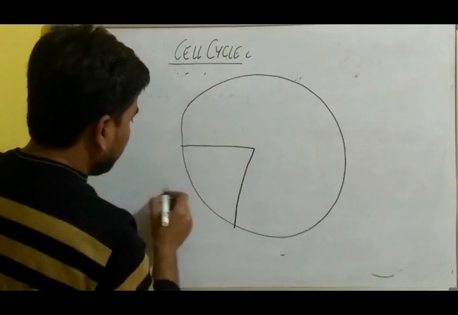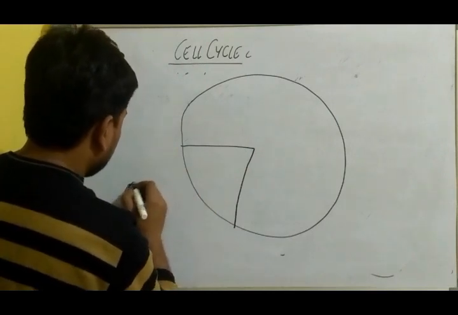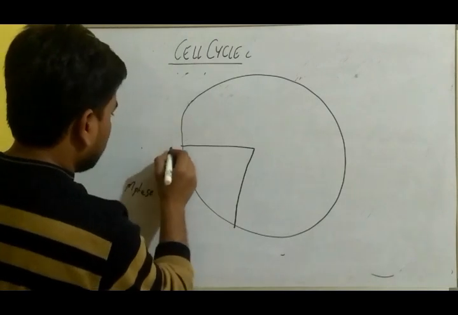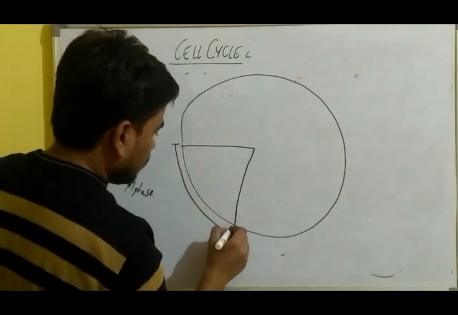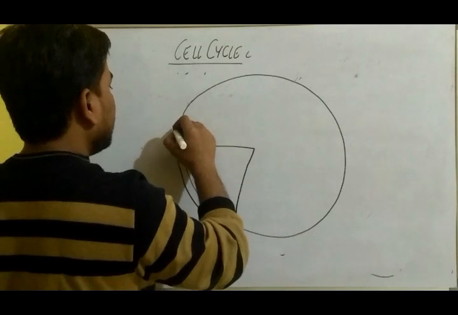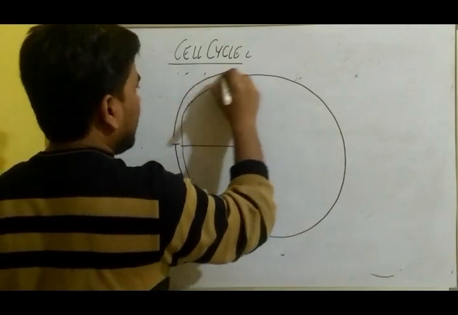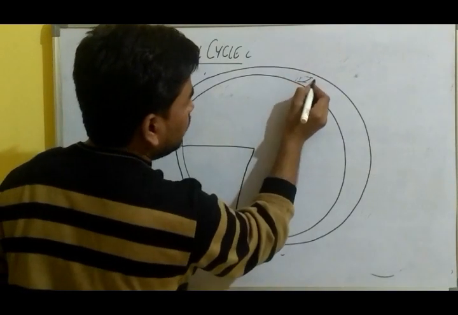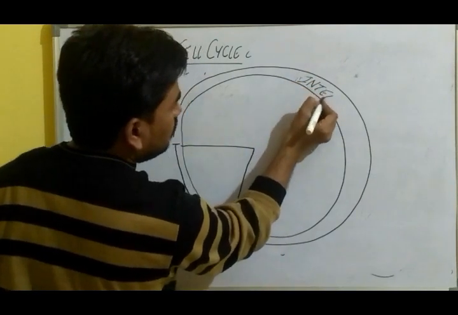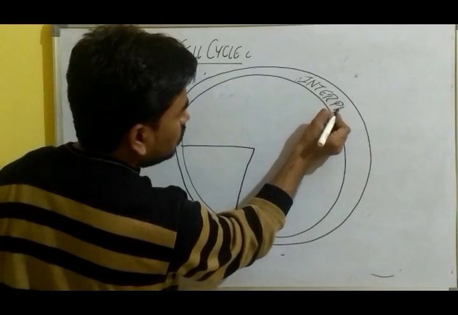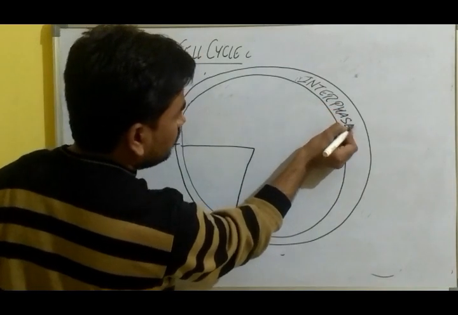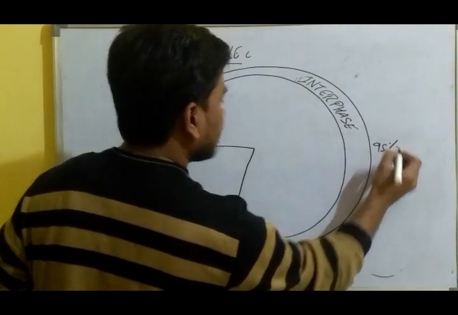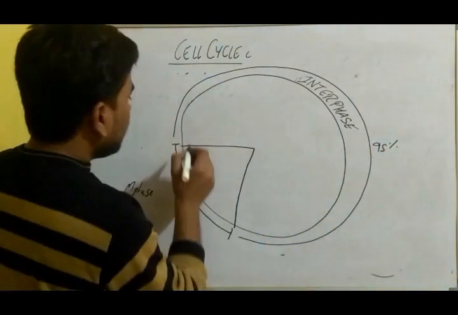This is M phase. And this is completely I phase, or interphase. This includes 95% of the cell cycle. Now after the